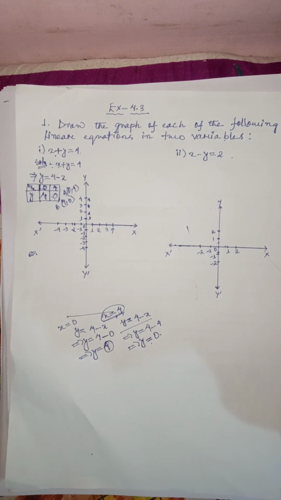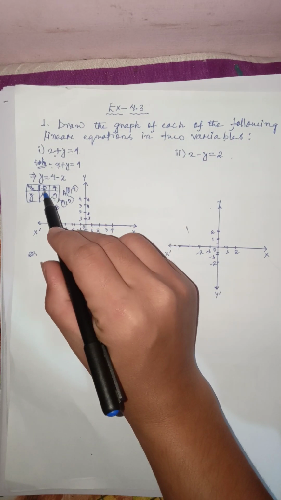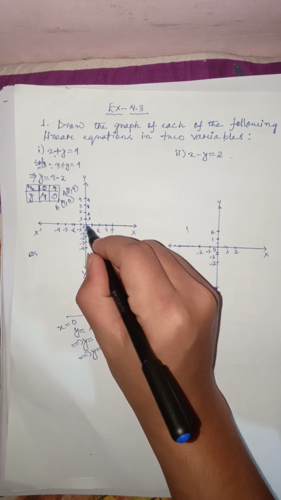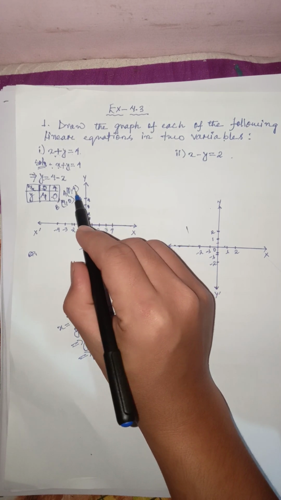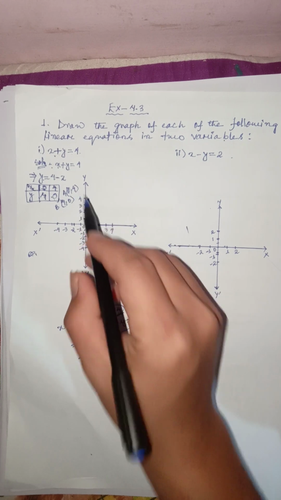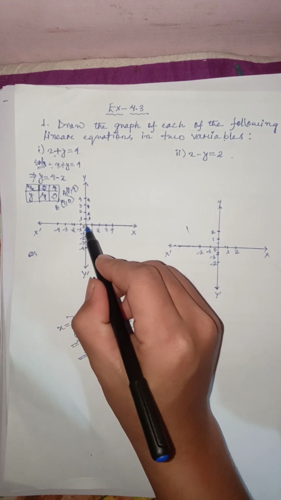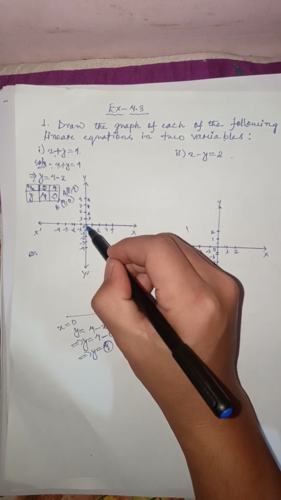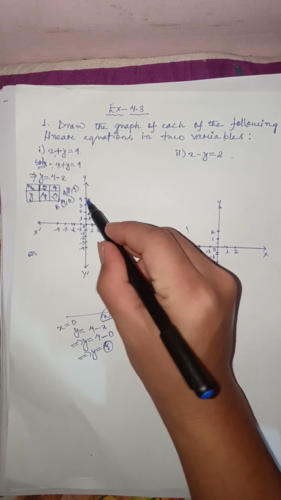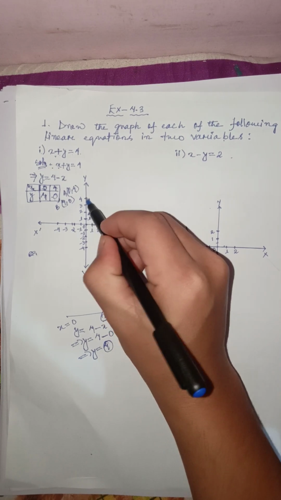Now, in the plane, let us plot the points that we got. The first thing we have is 0, which doesn't make any difference here. Let us move to the next, which is 4. If it is 4, in which direction do we have to move? Since it is positive, let us move upwards: 1, 2, 3, 4. So this is the 4